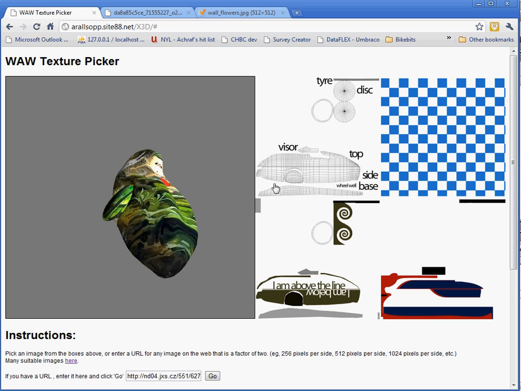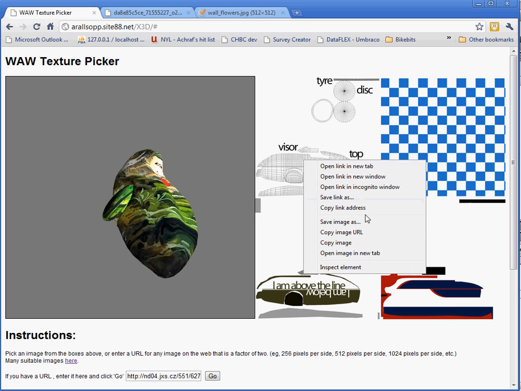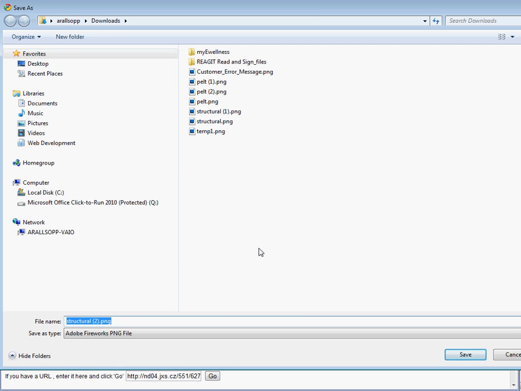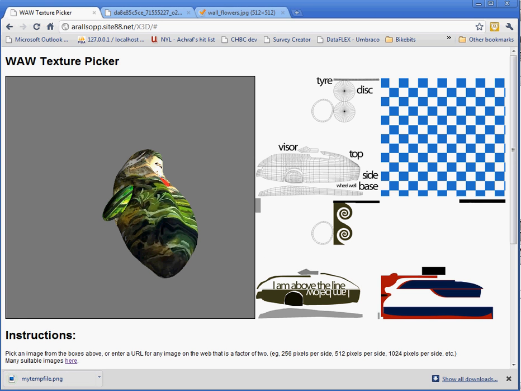You can also, of course, create your own versions, as long as you've got a bit of web space to put them at. So let me show you how that works. I'm going to save this image for now. I'm just going to call it my temp file, and I'm going to open that up